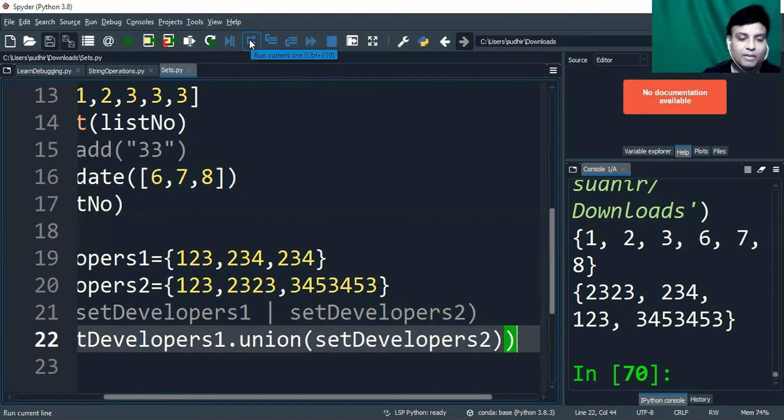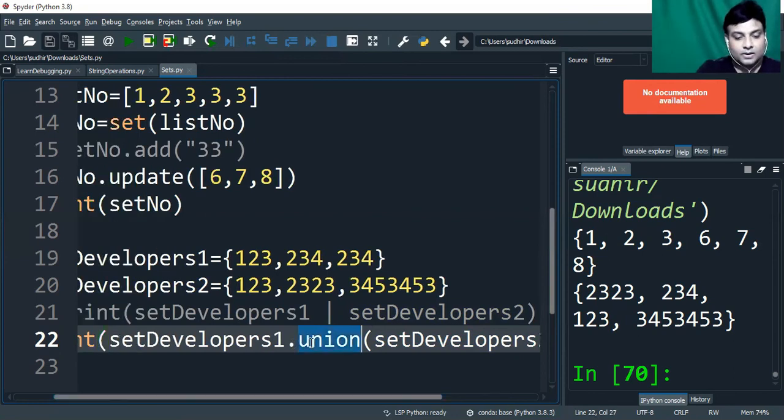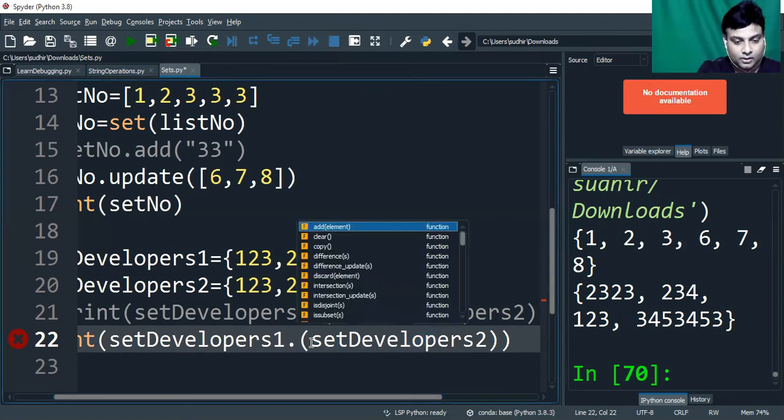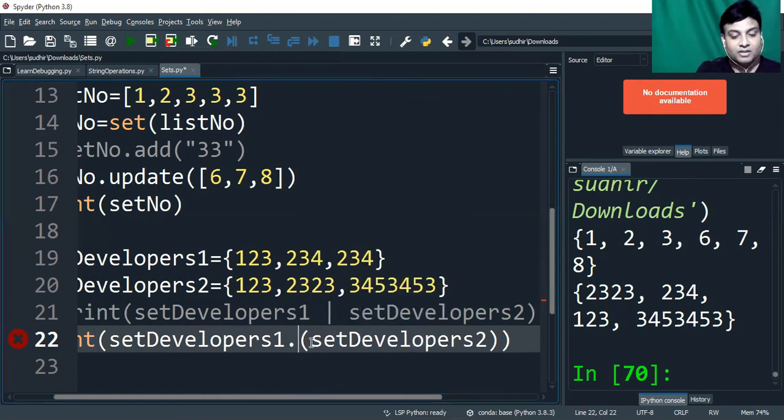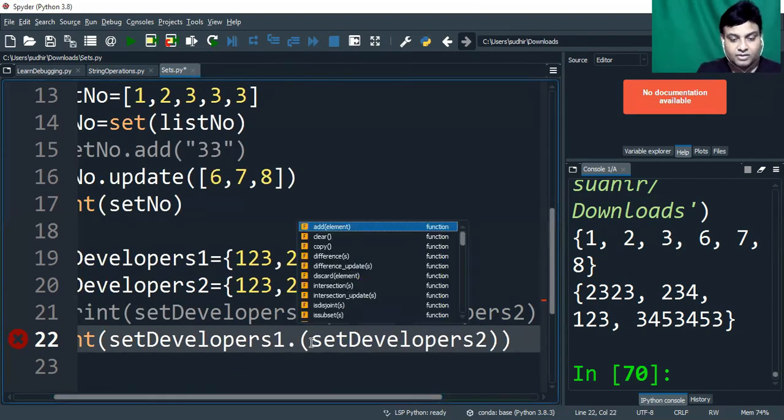So we do have functions available over here, just like union, there is difference. Intersection is there to find out common values. Difference is there to find out unique values from the sets, right? Just press tab, you'll come to know. So this way you can do union, you can find out common elements, you can find out the odd elements as well, using the operator and inbuilt function. So this way you can handle sets.